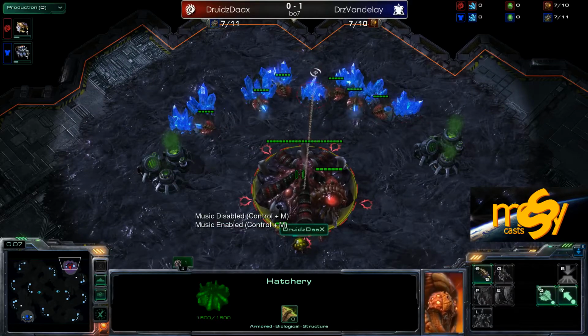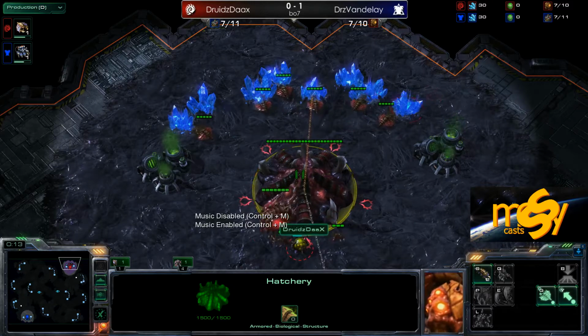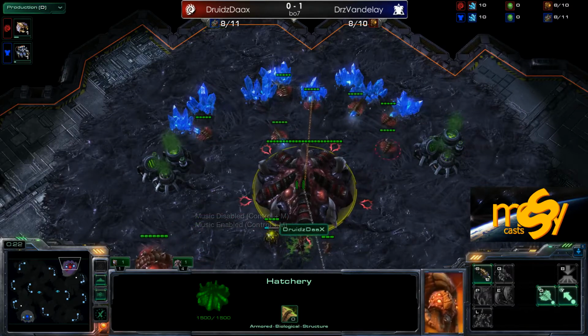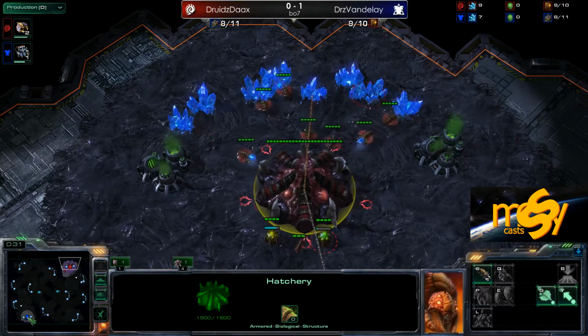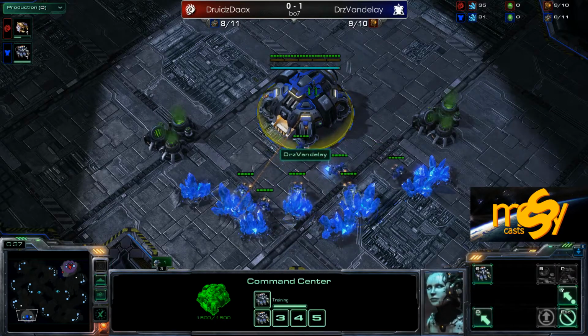Ladies and gentlemen, while we get the music on and our groove on, it is the second match of Druidz Daax versus Vandelay, a best of 7 series from Team Druidz. It is the Red Zerg Daax spawning here in the top of Daybreak, and his opponent Vandelay, the scary Terran